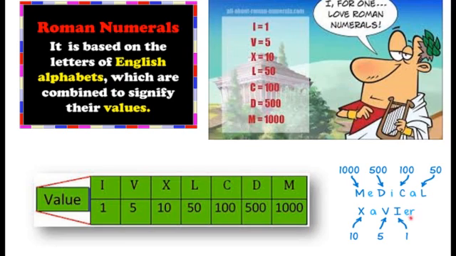If I show you this picture, children, you can see one mnemonic I have shown here, and all the capital letters you can see: M, D, C, L, X, V, I. Starting from the lower side, I stands for 1, and moving in ascending order, V stands for 5, X equals 10, L equals 50, C equals 100, D equals 500, and M equals 1000. So this is all about Roman numerals.